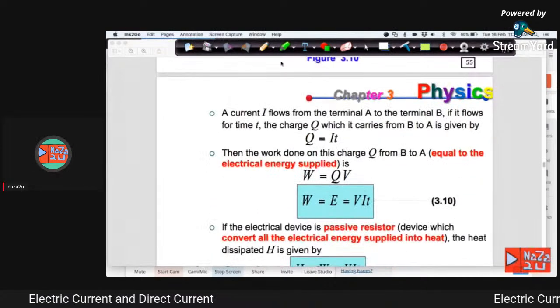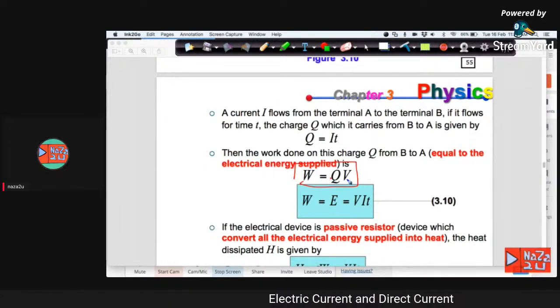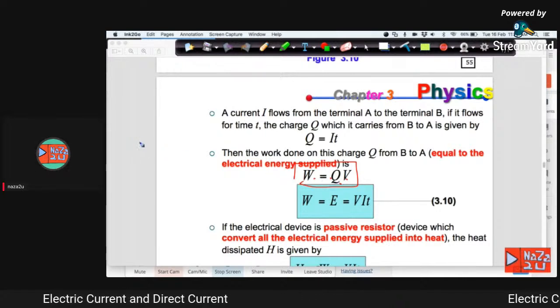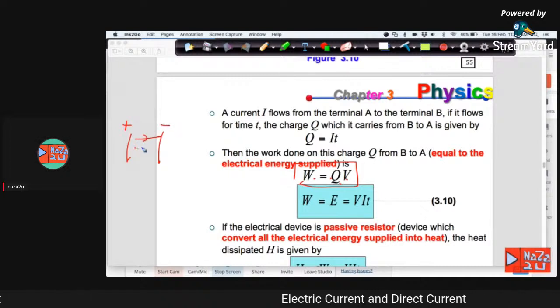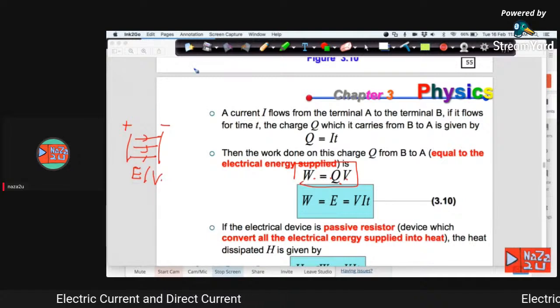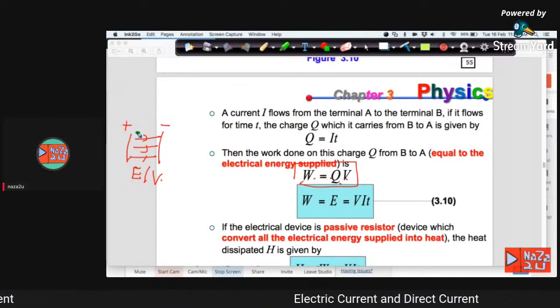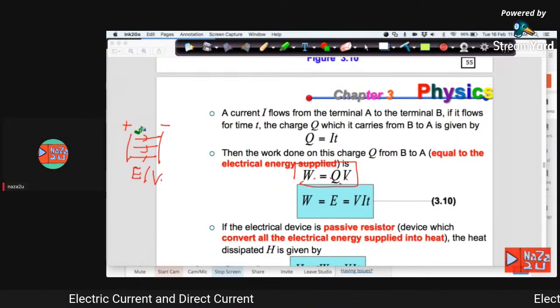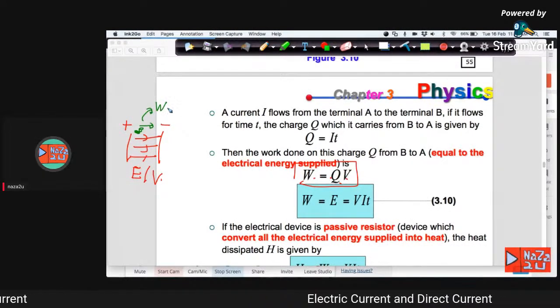Okay. So kerja kat sini, okay, work done is given by Q times V. Okay, masih ingat lagi persamaan ini? Okay. So kita ada katalah split positive, negative. Okay, this is electric field, electric field or potential difference. So kalau kita ada satu charge kat sini, tak kira lah positif ataupun negatif, katalah positif. Okay, untuk kita gerakkan elektron ke sana, kita perlu melakukan kerja. So kerja itu adalah